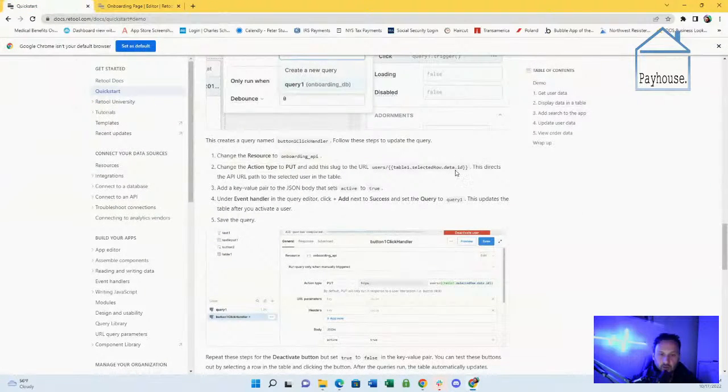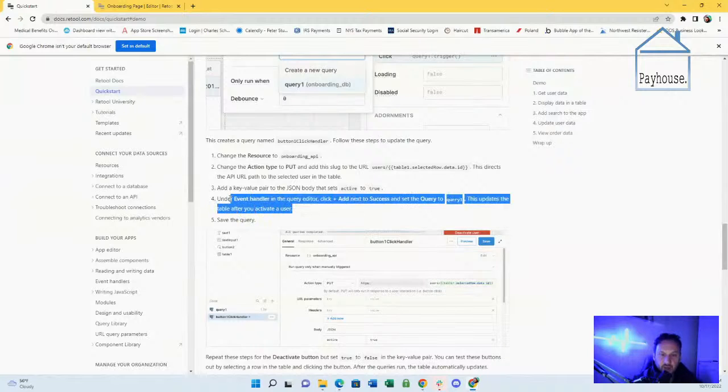Okay. Under event handler in the query editor, click... Is this the same one? Plus add next to success and set the query to query 1. This updates the table after you activate a user.